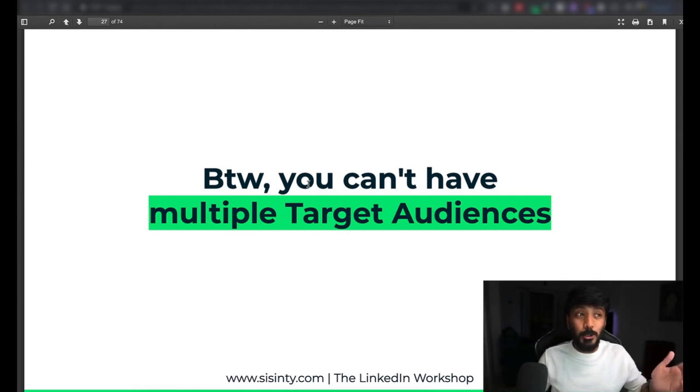Let's say you are learning machine learning and software development. As a result, you add a bunch of software developers into your network because that's your target audience for a machine learning personal brand. And you also want to build a personal brand, or let's say you want to get a job as a marketer. So you're adding a lot of marketers on top of it, and you're trying to build a personal brand as an artist. Now what you're doing is mixing all the audiences up. Remember the problem where I said you need to be very clear about your audience? You are basically breaking it. So no, you cannot have multiple target audiences. You can have multiple objectives, but the target audience has to be one.